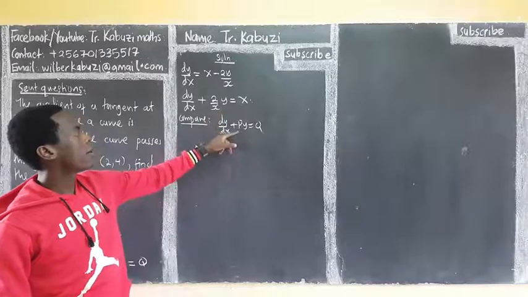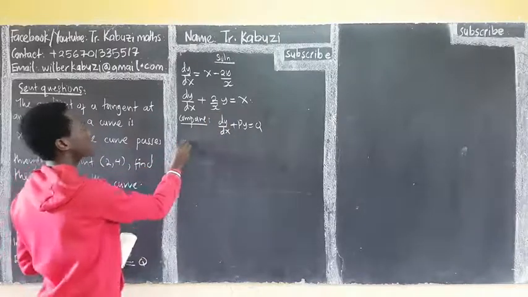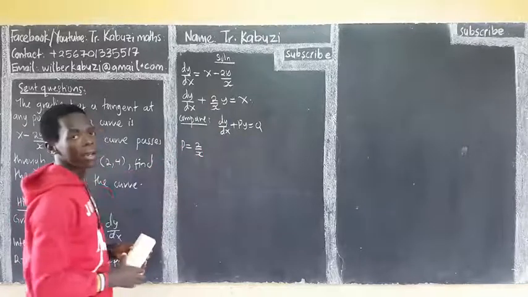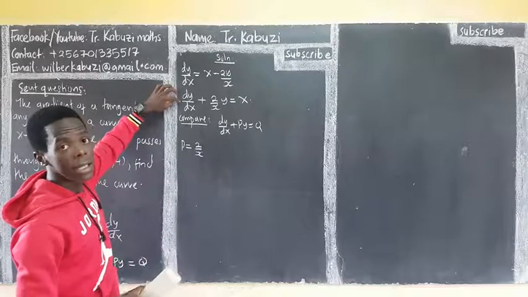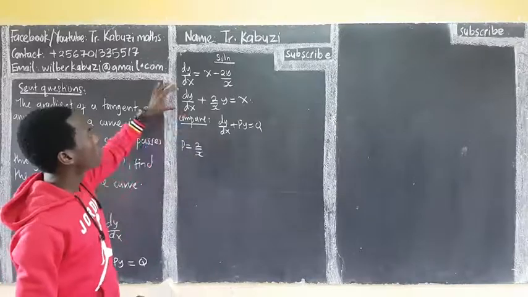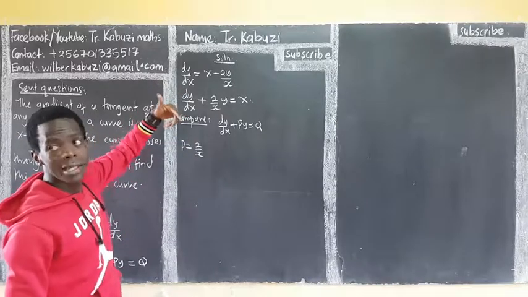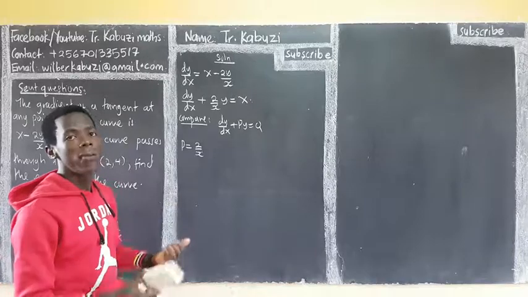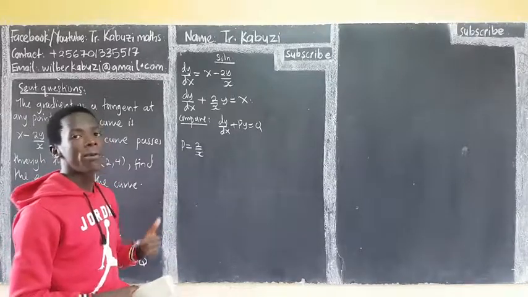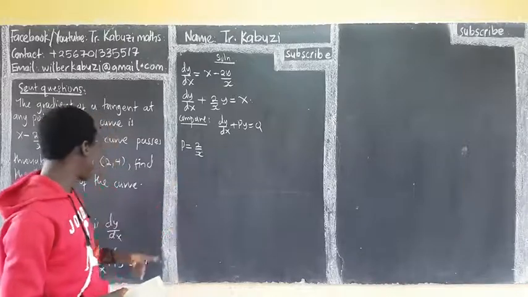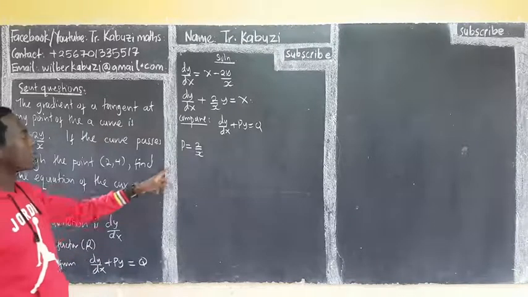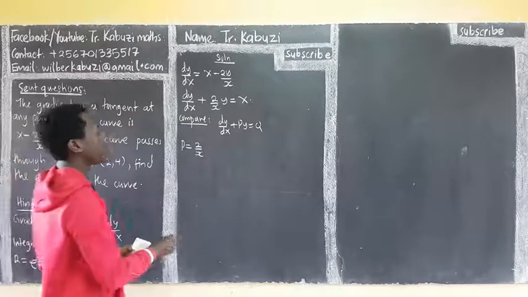So my p is going to be 2 over x. Now, because this is first order non-exact, our interest is to make it exact. We make it exact by multiplying through by the integrating factor. But how do you get that integrating factor? Our integrating factor is given by r equaling e to the integral of p dx. That's why I was interested in this. So now, to get my integrating factor,